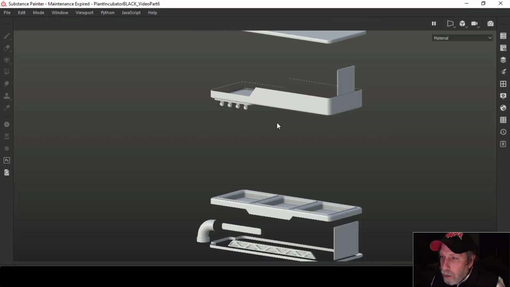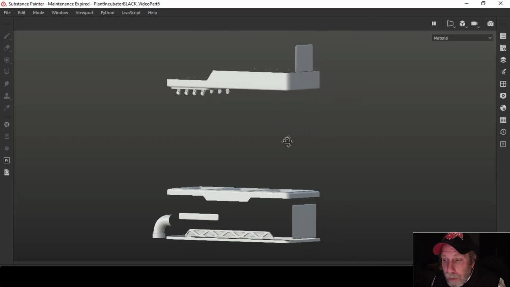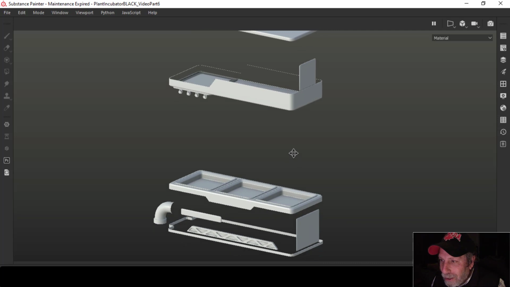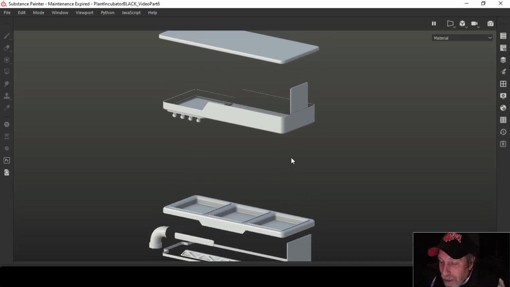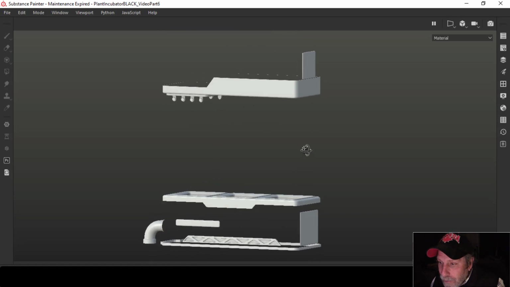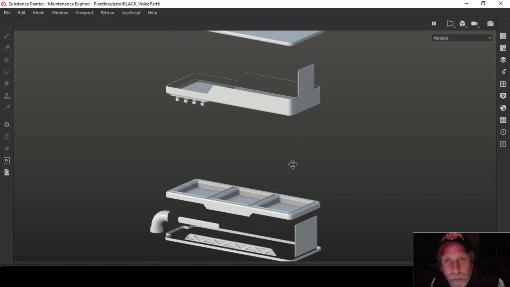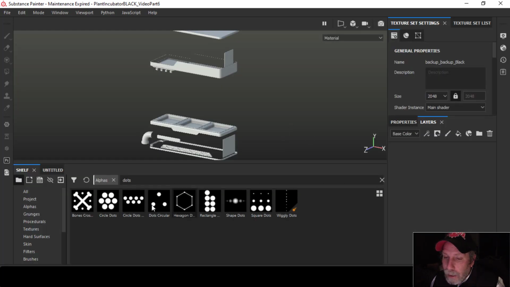I'm going to continue working on the plant incubator. A lot of people are asking me if I will start the next Blender challenge, the Western challenge, and so I'm going to start to speed up and wrap this up pretty soon. And I probably won't do all the detail that I would have done because it does take a lot of time. But at any rate, we're going to move on here,